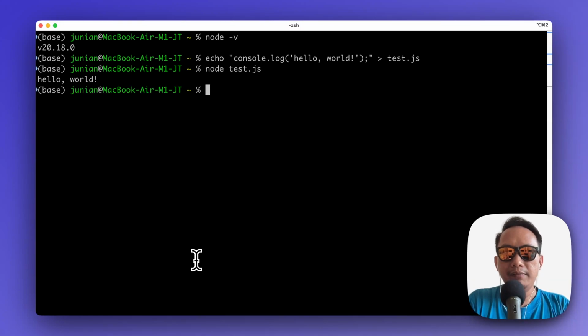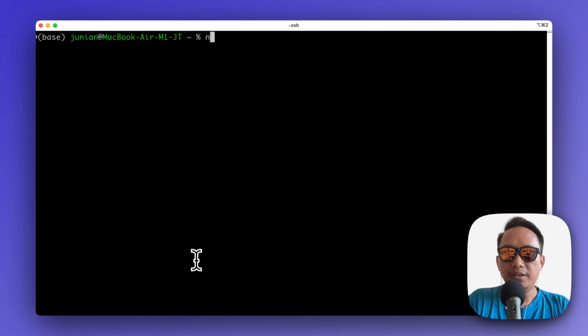Now the other thing we need to check is the Node package manager. So let's clear it first. Let's check the version of the Node package manager. It's version 10, and let's try it by using the npx